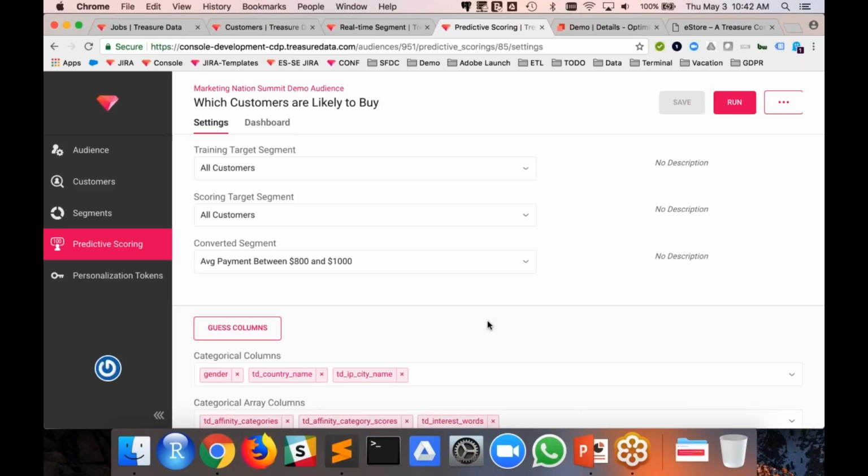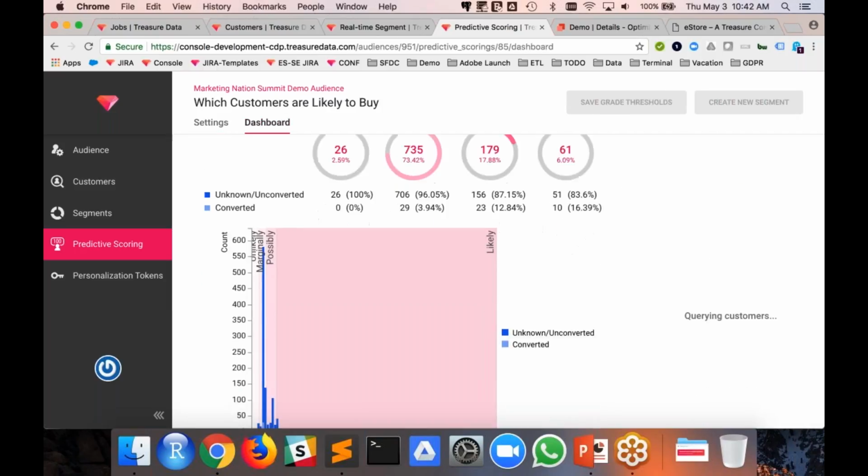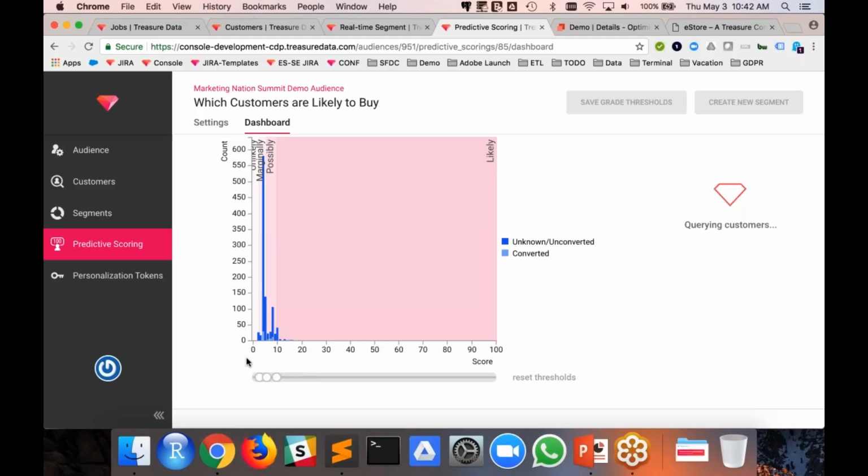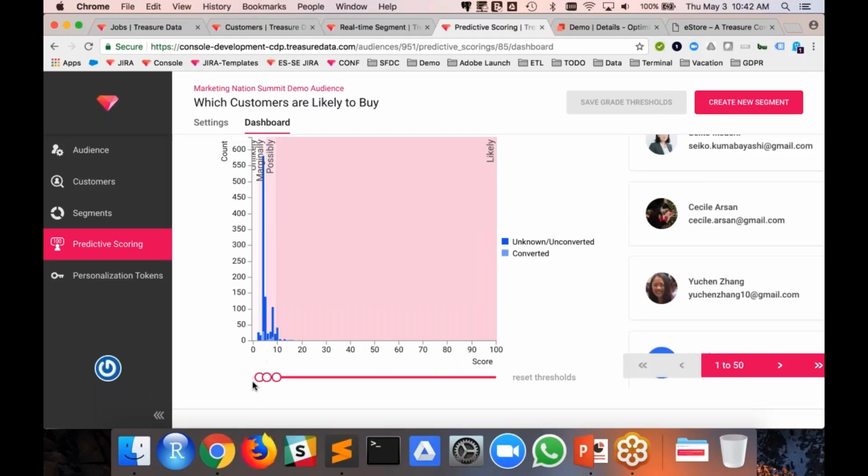So the specific algorithm, I don't know off the top of my head, but there are actually a number of operations that go on behind the scenes to make the data the right shape, make it into the right type of variables, and then analyze it and put it ready for here. And you can as well, just one thing I didn't include, adjust your thresholds of where you want people to be. You can move these around. The way this data got generated, this is probably more close to realistic than pretty. So that's why it looks like there's a lot of people who aren't going to convert.